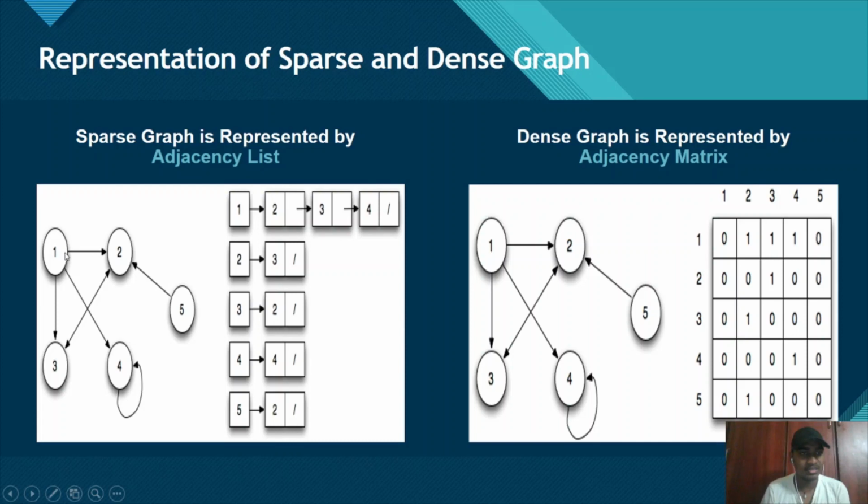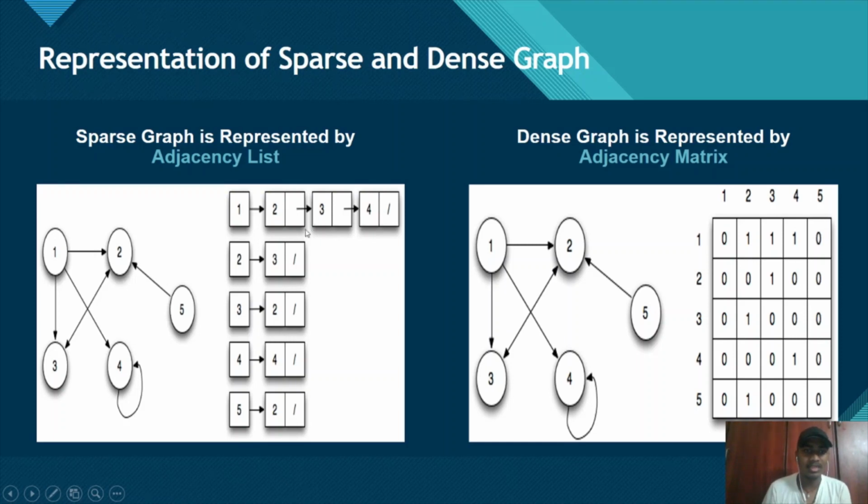Now I will explain an example. If you see, it is a graph, and I have written it like this as a linked list. This is called an adjacency list. If you take vertex 1, there are adjacent edges 1 to 2, 1 to 3, 1 to 4.